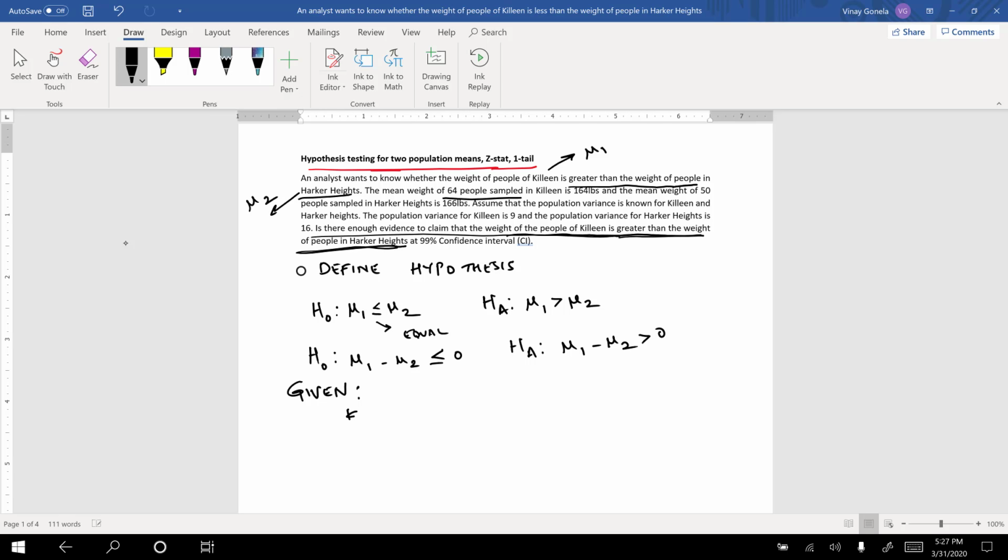So this is for Killeen and this is Harker Heights. We have n1, 64 people sampled in Killeen, so n1 is 64, and the sample mean x1 bar is 164,